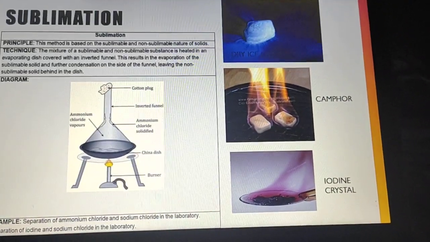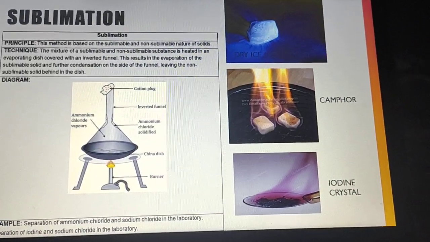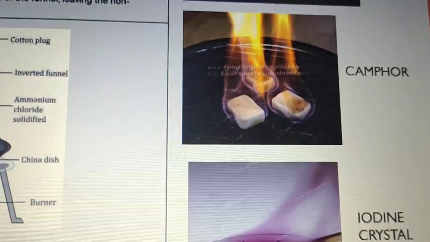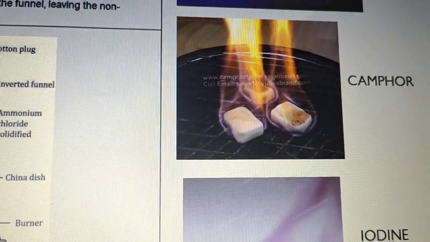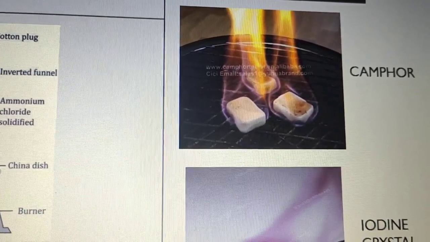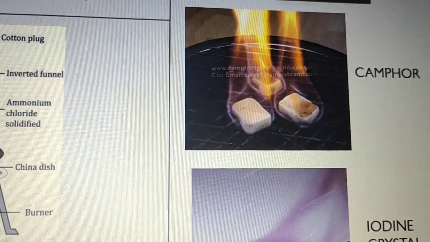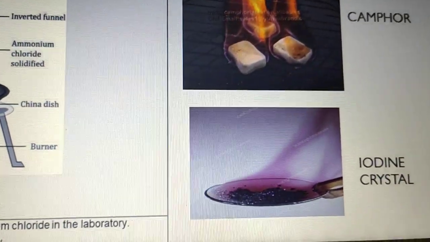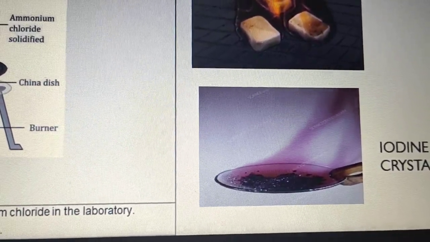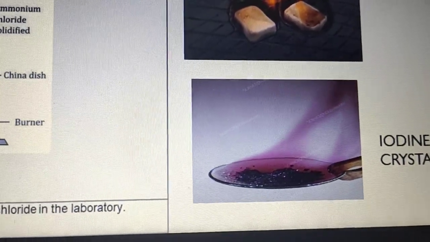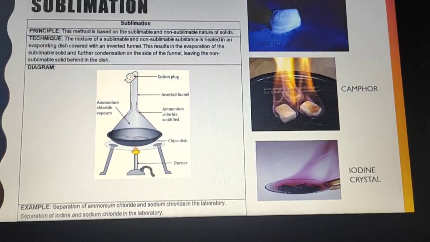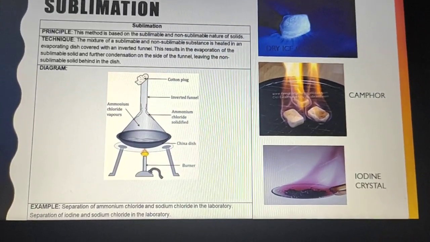So you can see first is your dry ice, that is solid CO2, dry ice. Next is your camphor. So you can see how camphor evaporates. You have put the camphor, that is kapoor. When you are heating the kapoor or camphor, the solid particles immediately convert into gaseous particles without changing into the liquid one. Here you can see iodine crystals. Iodine crystal is a solid and there are fumes of violet color. So the solid turns into fumes, or you can say a gaseous substance. In this way the sublimation process takes place.